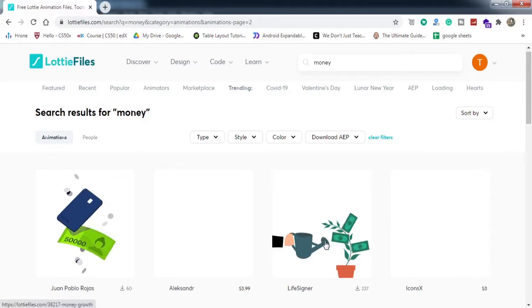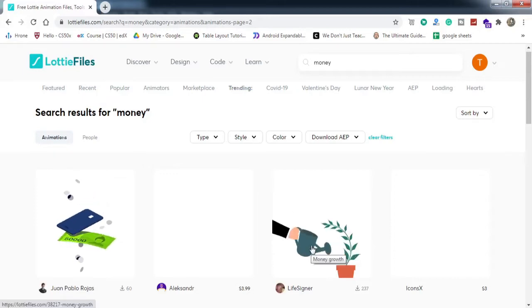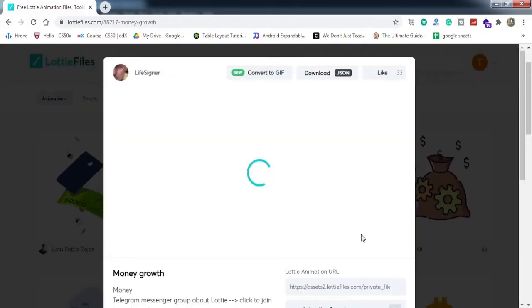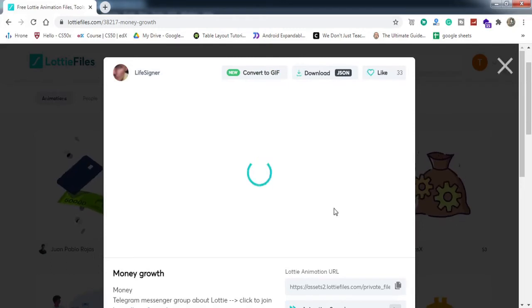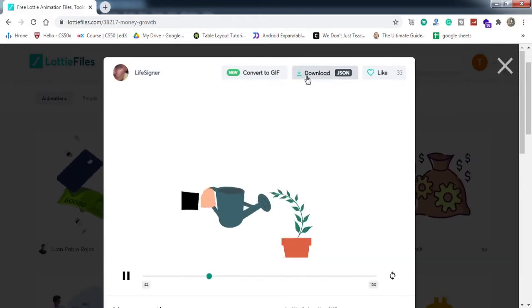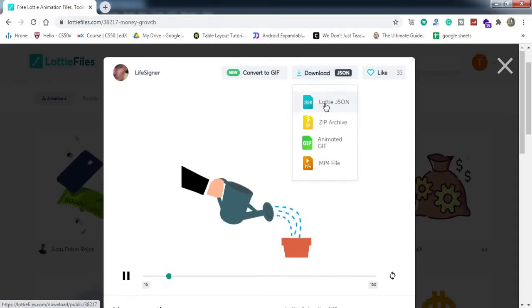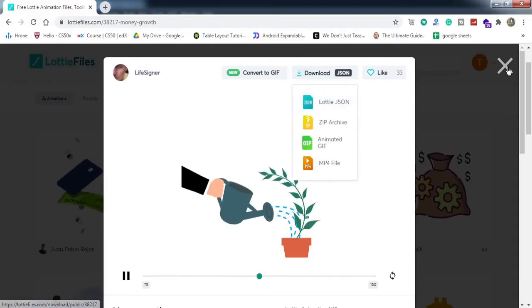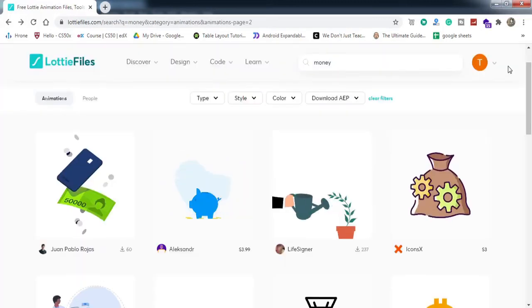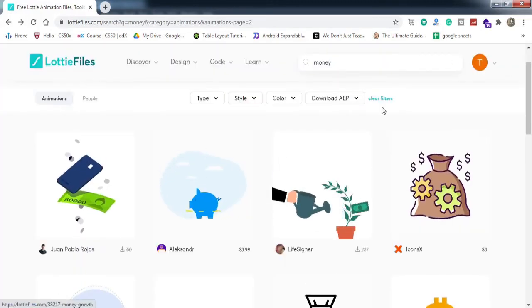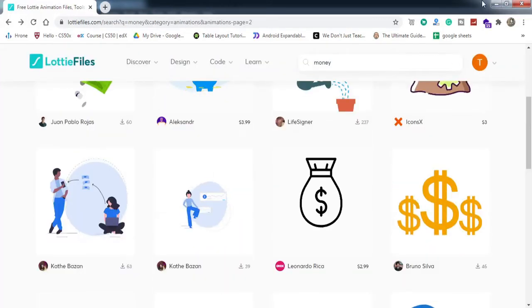You simply click on this. You'll get this window. Then you need to download the JSON, right? So if you click on this, then you need to download this Lottie JSON, right? I've already downloaded this, so I'll not download it. So this is how you can download any animation of your choice, right?